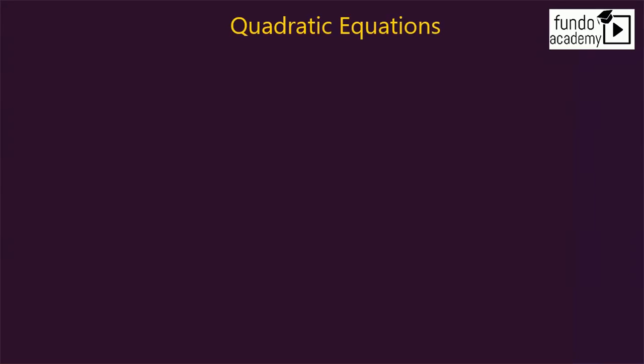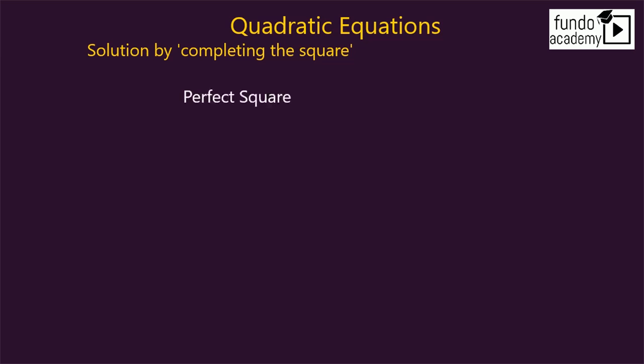Now we want to learn how to solve quadratic equations by completing the square. Before we can really start doing that, we want to learn what completing the square is all about. Now we have what we call a perfect square with regards to quadratic expressions, and it can take the form